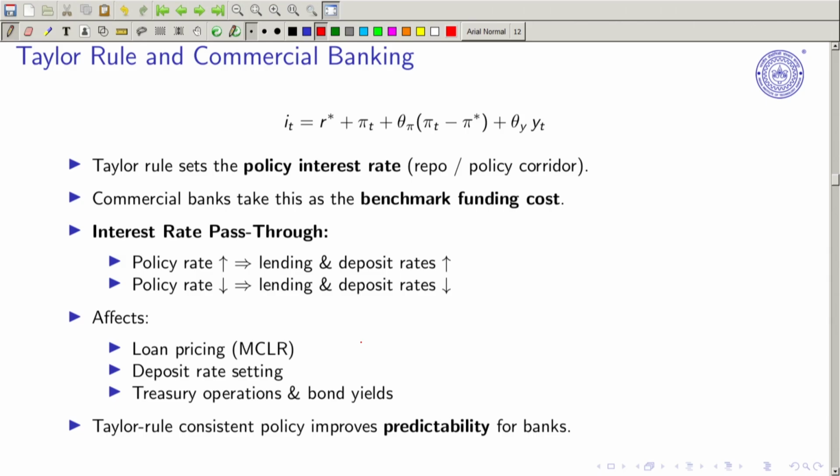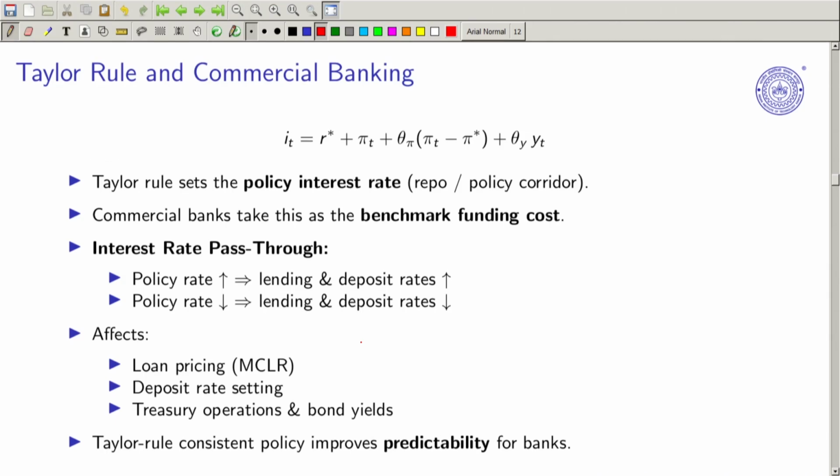Now, this particular course is about commercial banking. So let's shed some light on how the Taylor rule is related to commercial banking. This is the typical Taylor rule that we have already seen. Given the inflation gap, the output gap, the neutral rate of interest and the target inflation, it basically gives you the idea of what the nominal interest rate should be. But there is a concept called monetary policy transmission that we'll be discussing maybe next week or the week after. And there,